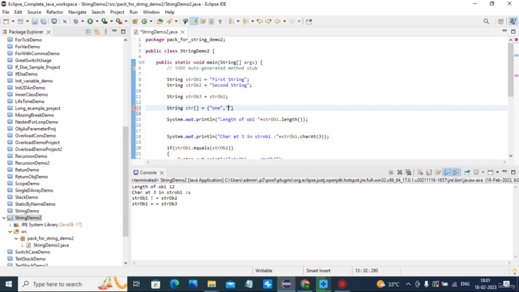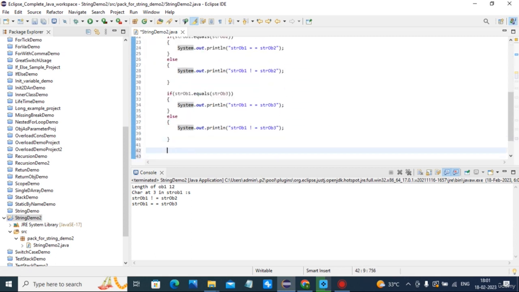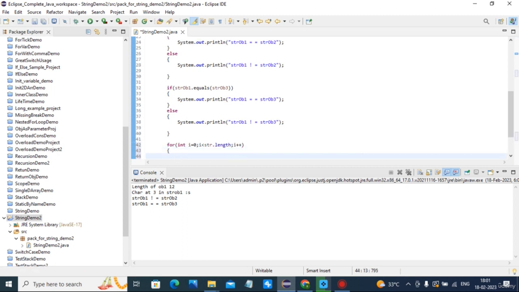One, two, three, four. For int i is equal to 0; i less than string dot length; i plus plus, I print string of i plus colon plus string of i.